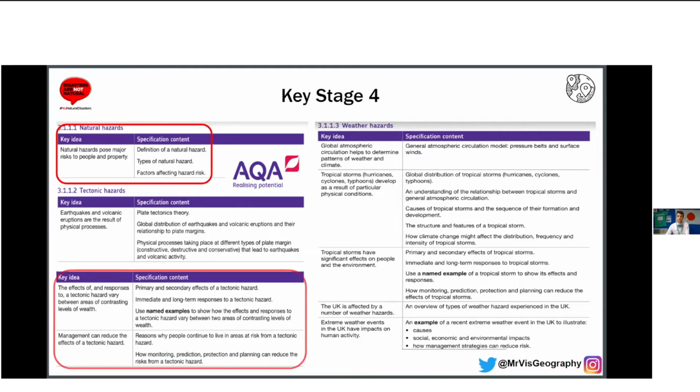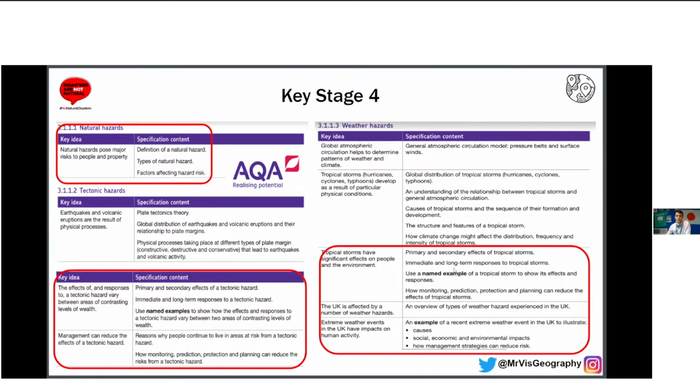We then learn about tectonic theories, and then delve into specific examples of hazards. In the tectonic aspects of hazards, we look at short-term, primary, secondary effects, long-term response, immediate response to hazards. They have to use a named example of a low-income country and a high-income country. So we do L'Aquila in Italy and the Gorkha earthquake in Nepal. And then we look at ways in which we can reduce risk by looking at monitoring, prediction, protection, but at no point in here or even in the weather hazards later in the spec